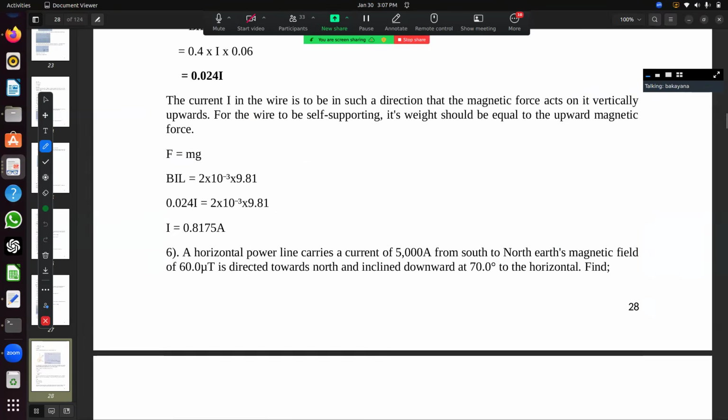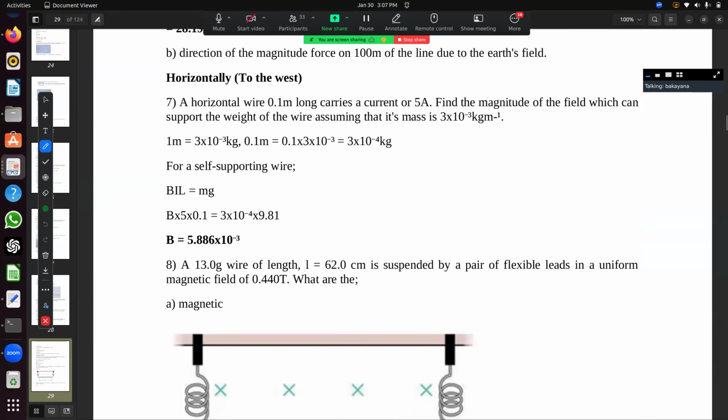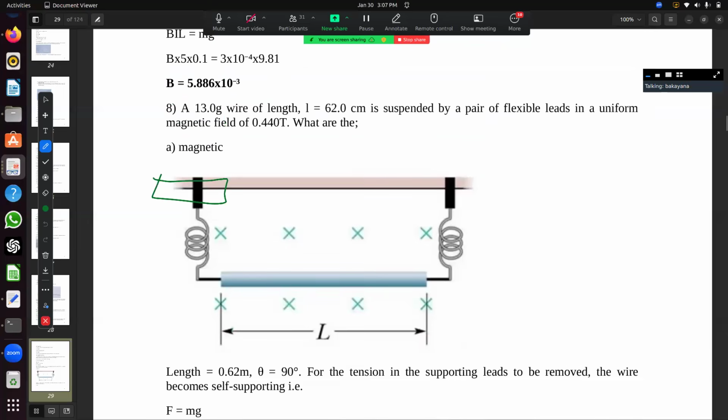So these are basically questions for you to try out. They are not different from what we've been looking at. Horizontal, still we see the application of BIL = mg. There you need to know that the conductor was held stationary in a region of magnetic field, so the magnetic force was balancing the weight of the conductor. Now here we have two